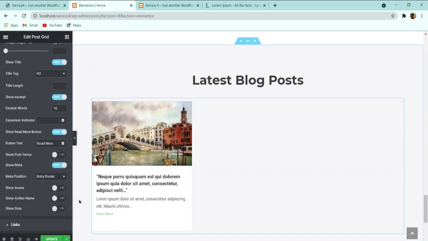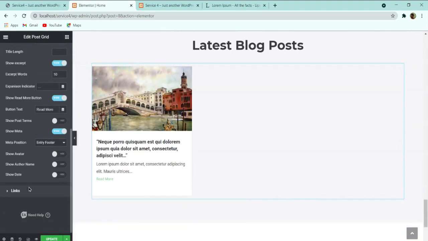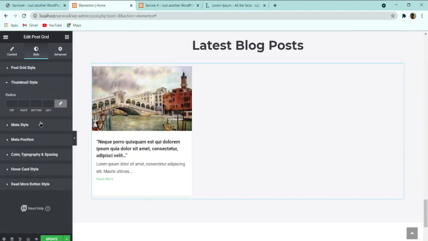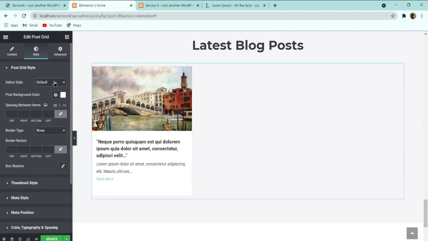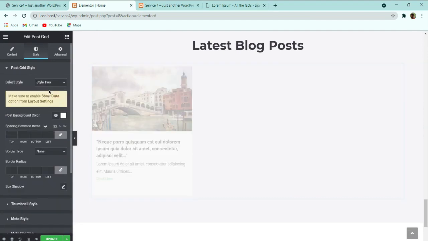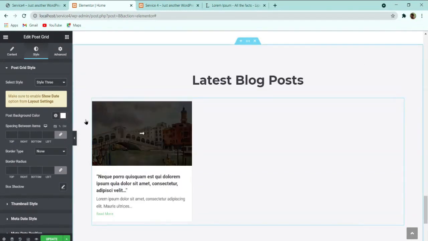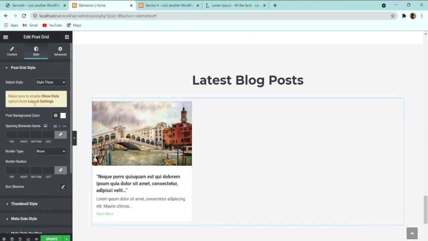So date, you can remove these things, and then after that you can simply go to the style part and customize it. So here let me go to this post grid style, select style. There is the default style, style 2 is also available, and style 3 is also. So make sure to enable the show date option from layout setting.